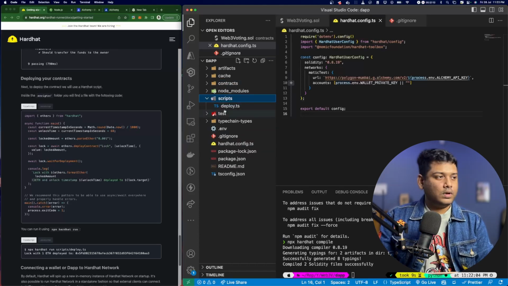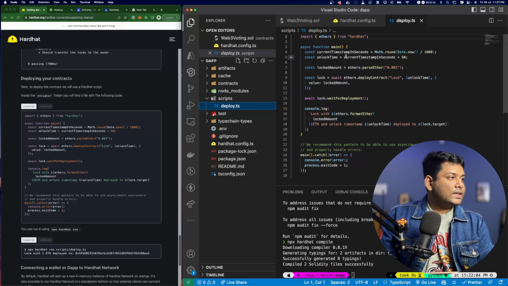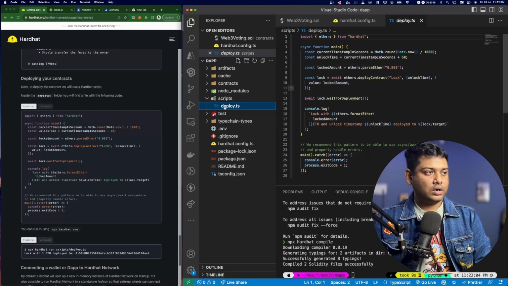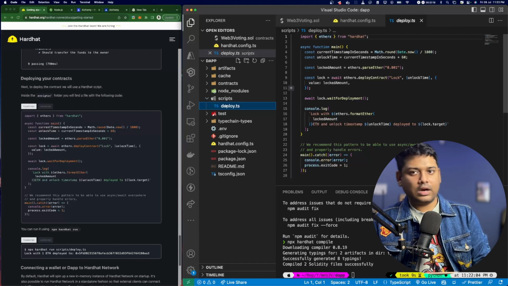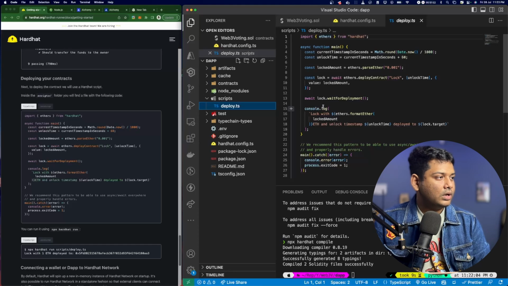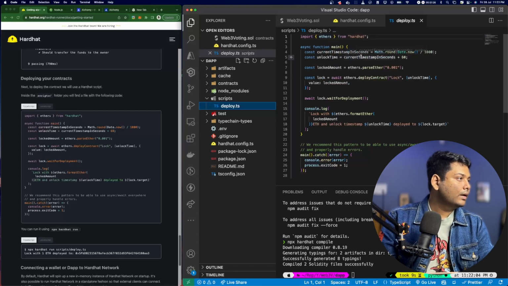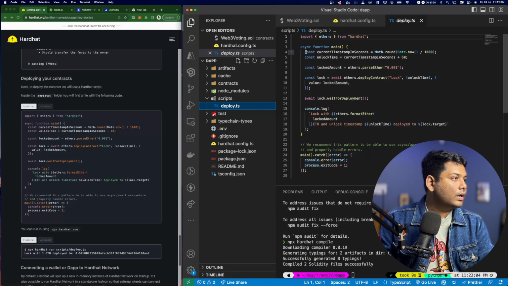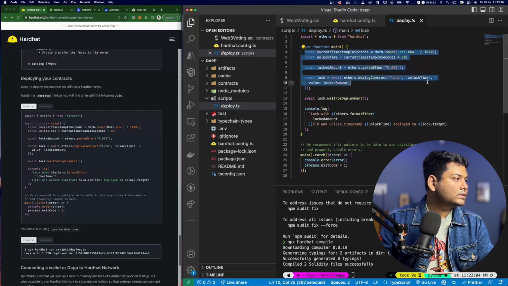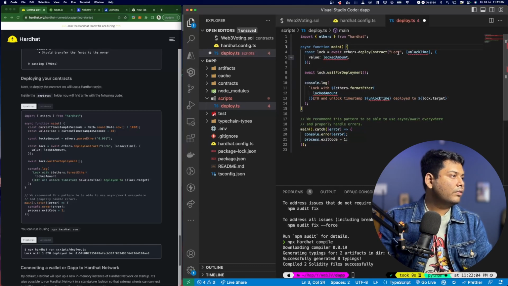Now we'll write the deployment script. In this section we have a folder called script, and we have a deploy file. In this we have some sample contract deployment which is used to deploy the lock contract, but we don't need that. We don't need any of this. What we need is